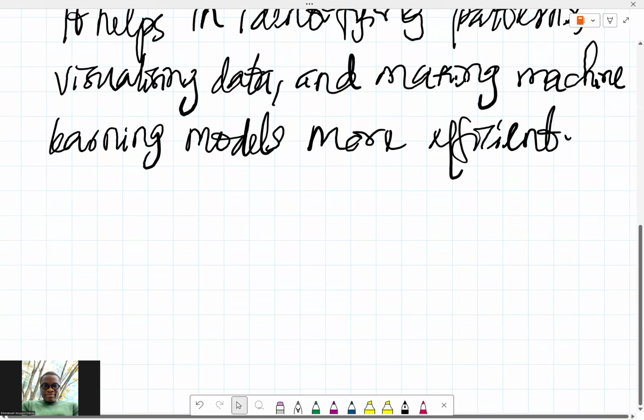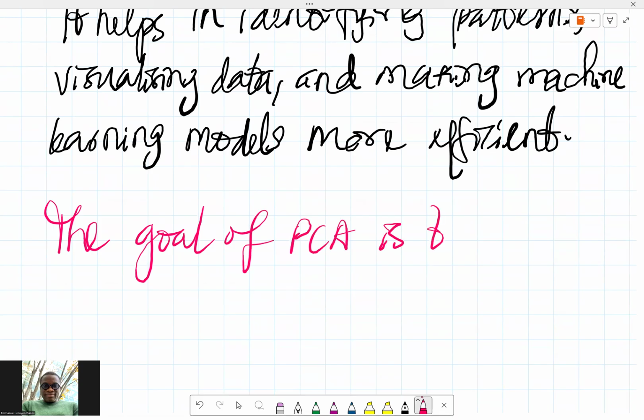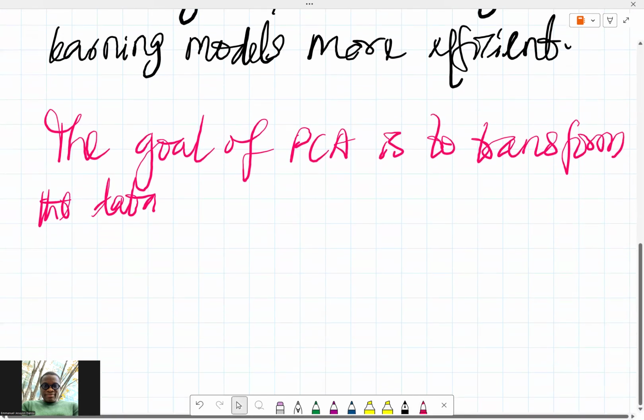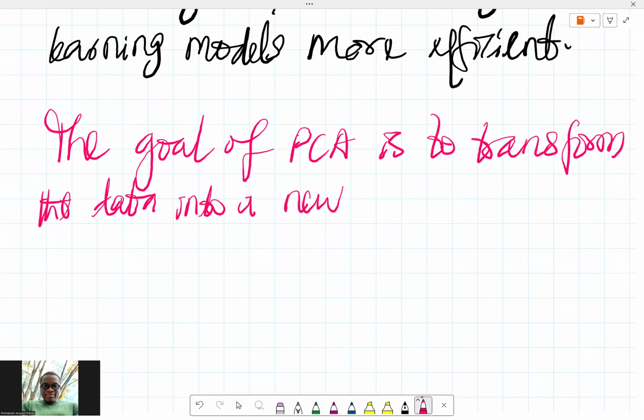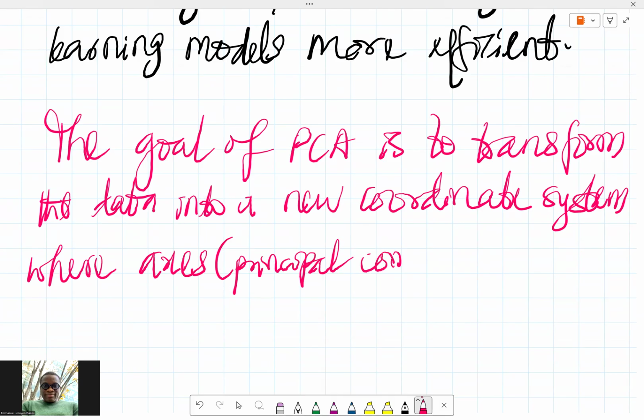All right. Now, the goal of PCA is to transform the data. I mean, a given data, I'm going to demonstrate all of that. The goal of PCA is to transform the data into a new coordinate system where axis, or what you can call principal components,